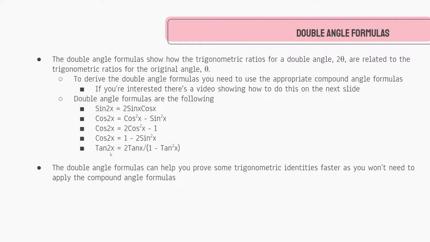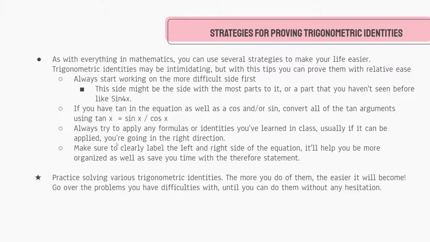These double angle formulas can help you prove some trigonometric identities a lot faster, as you won't have to apply the compound angle formulas anymore. You won't have to think about what 2x means. What does 4x mean? It means you're adding theta 4 separate times, and so again, you're going to have to apply the compound angle formula, and it's going to get a lot more complicated than it has to be. So with that out of the way,